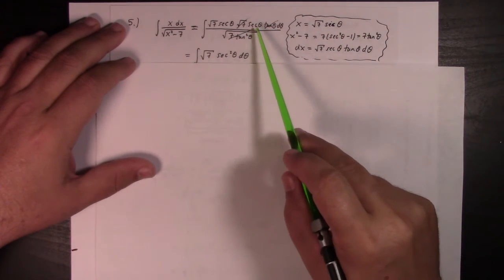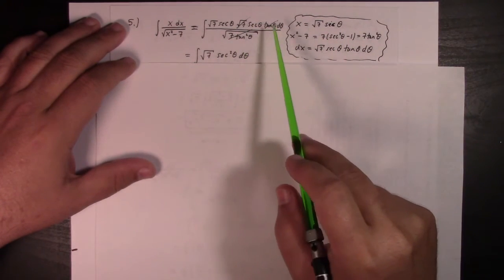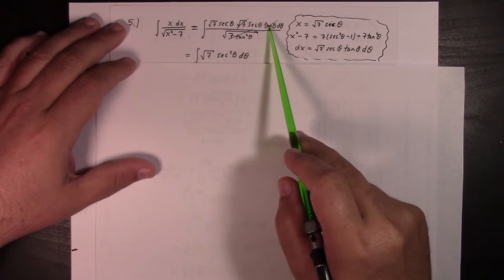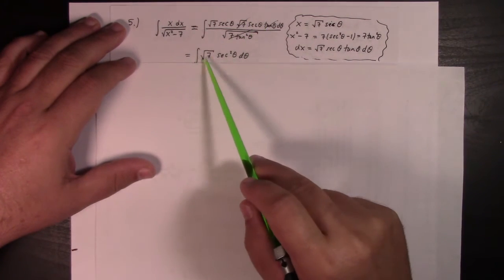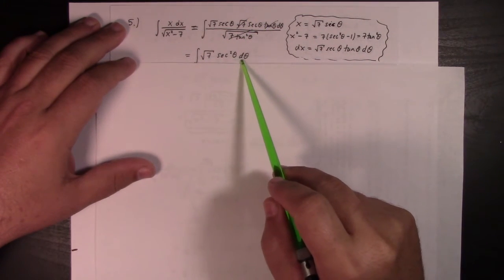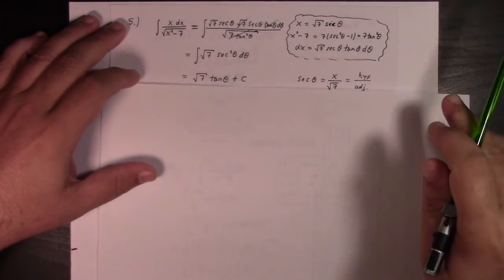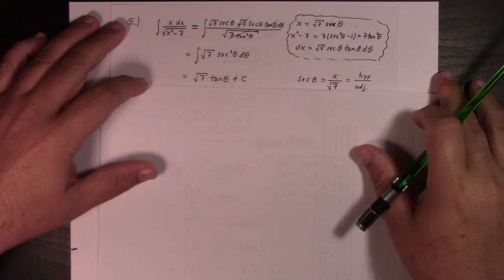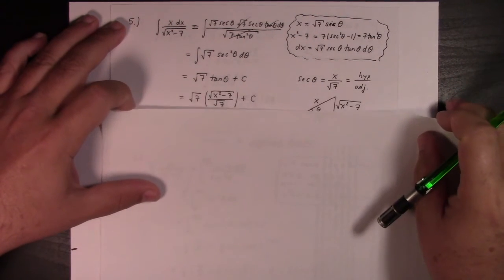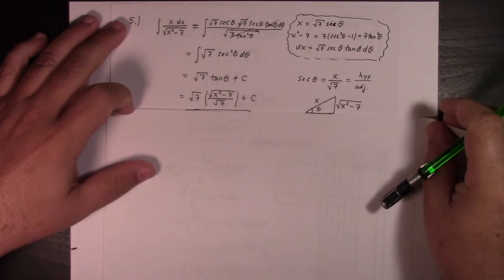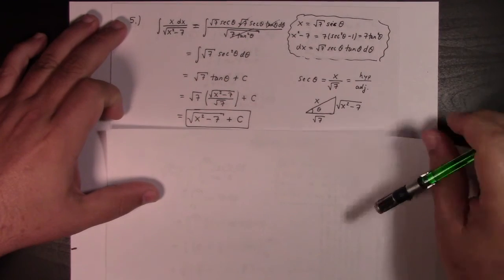Let's see here. So when we make the substitutions, we get a cancellation of our tangent theta and also the square root of 7, which leaves us square root of 7 secant squared theta. Well, that's a welcome sight. Integral secant squared is just tangent theta. Yeah, that's not bad. And then we can leave our answer as an algebraic function because, remember, there's the substitution